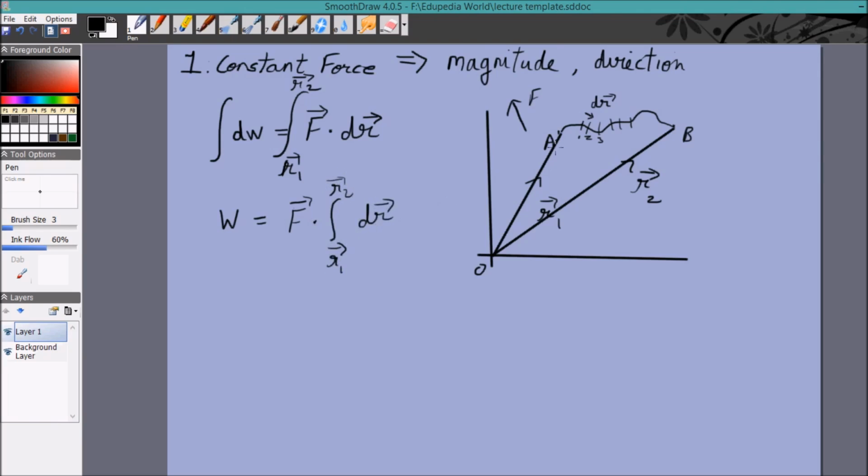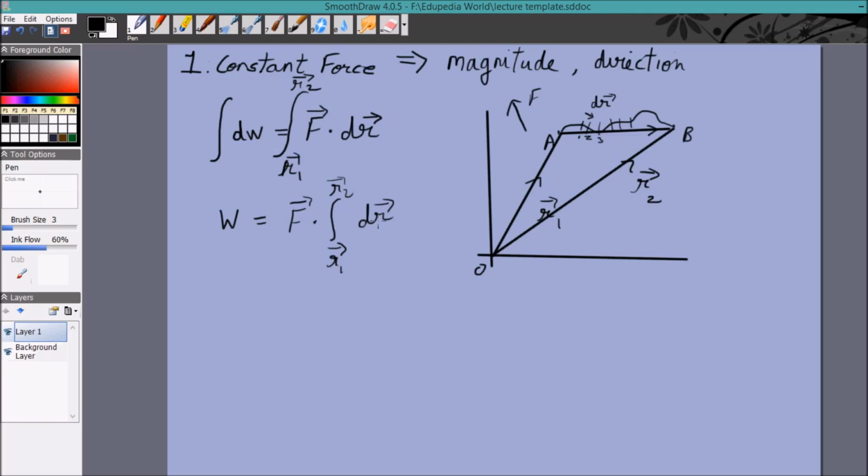Now dr is these small vectors, and if you add them you will get this final vector, right? And this vector is r2 minus r1, or you can see it even more mathematically. Integral of dr will be r. You've not exactly seen vector integrations right now, nor will you really see it later on, but for the purpose